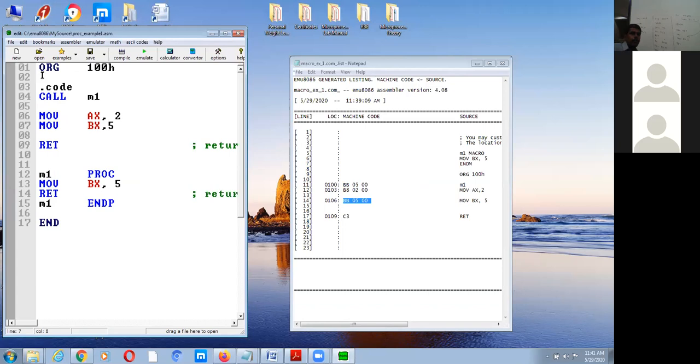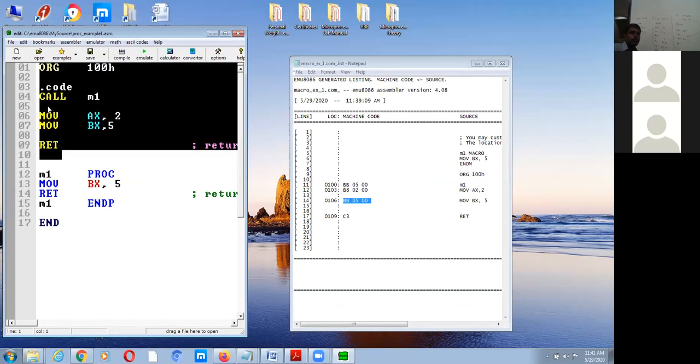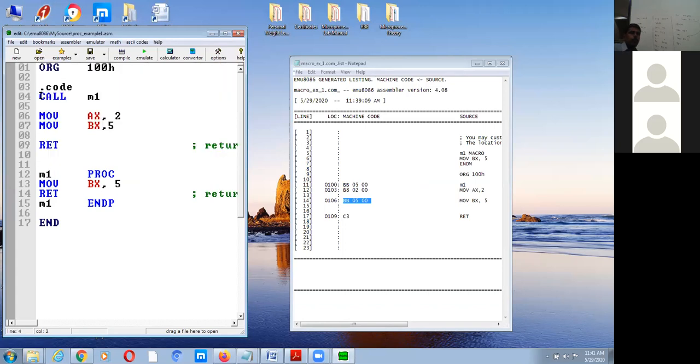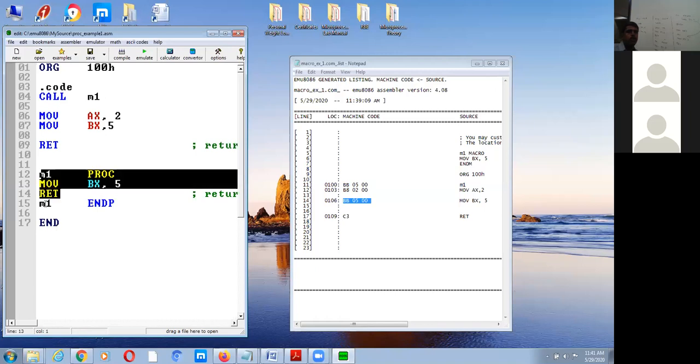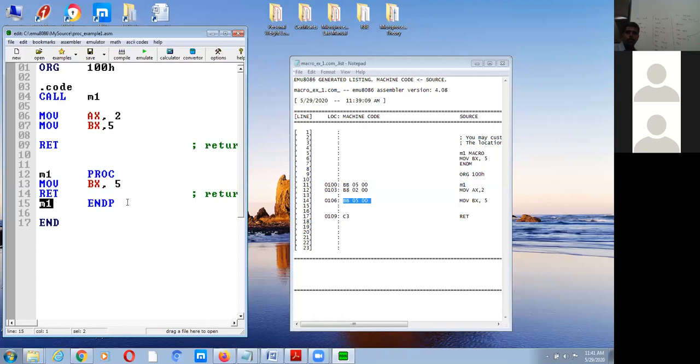We are writing the main code here, and in that we are calling the procedure, whose name is M1. What we write in that procedure is: M1 PROC, MOV BX, 5, RET, and M1 ENDP. So we have written the procedure here and then end the overall program.